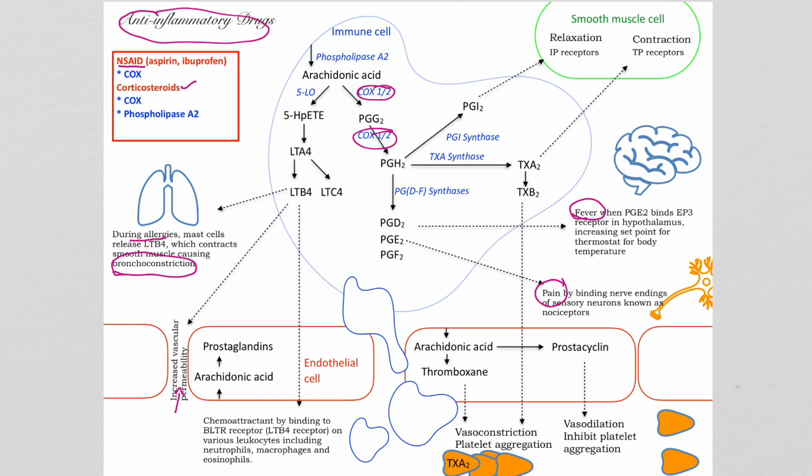While the steroids, because steroids go right to the genes, to the DNA, they can affect many different steps of inflammation, including stopping the production of cyclooxygenase, as well as decreasing the production of phospholipase A2. So thereby decreasing the amount of eicosanoids that are causing these signs and symptoms such as bronchoconstriction, fever, pain,